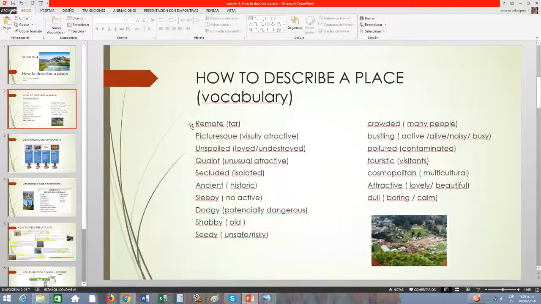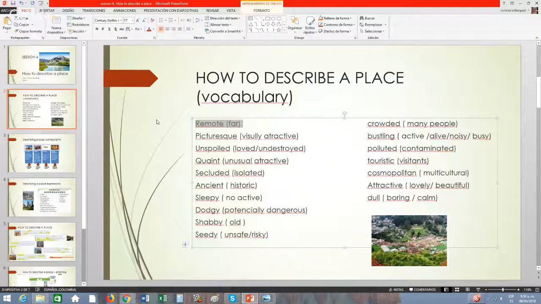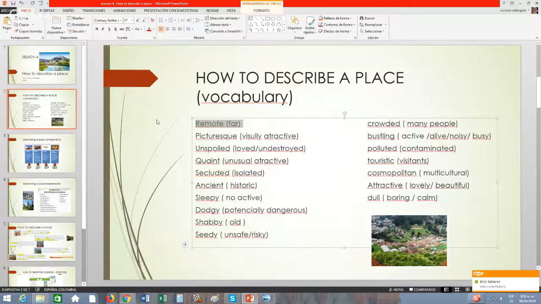So, we have here the word remote, right? Which refers to a place which is very, very far from the place you are describing, no? For example, a remote place would be, for us, India, right? It is a remote place you cannot access too easily in our case because we are on the other side of the earth, right? Okay, yes.